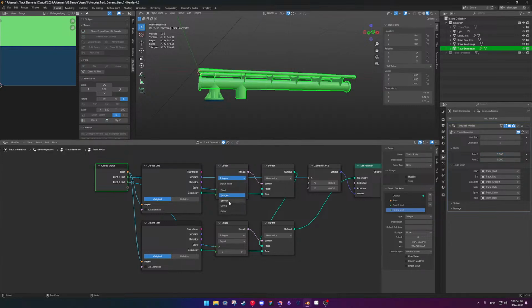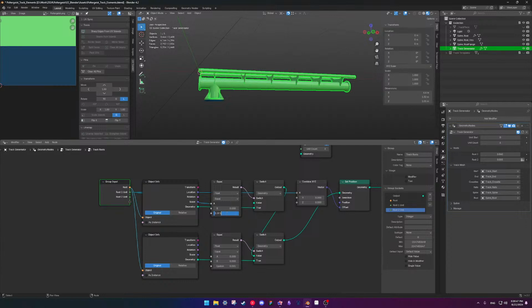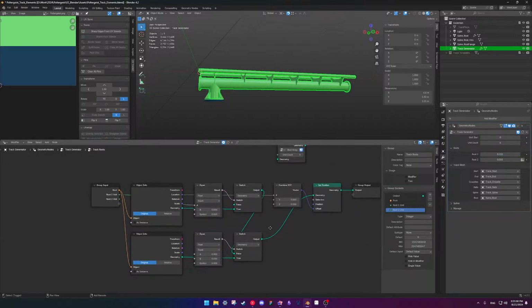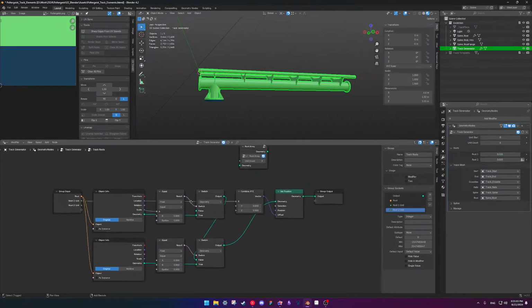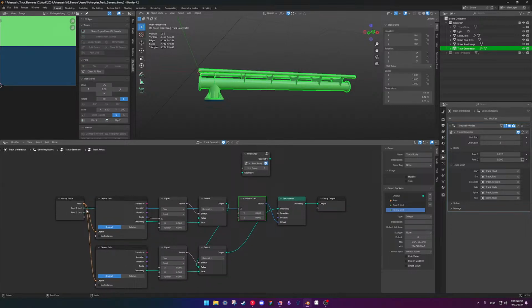Let's make this a float and make this a float as well. What is this? Set position. Combine XYZ, so this unit. Ah! Because this is still an integer.